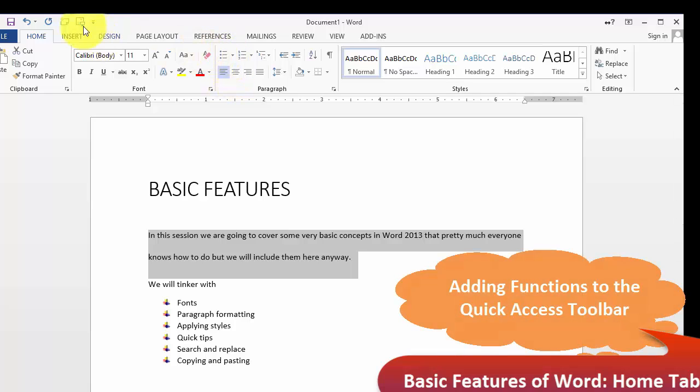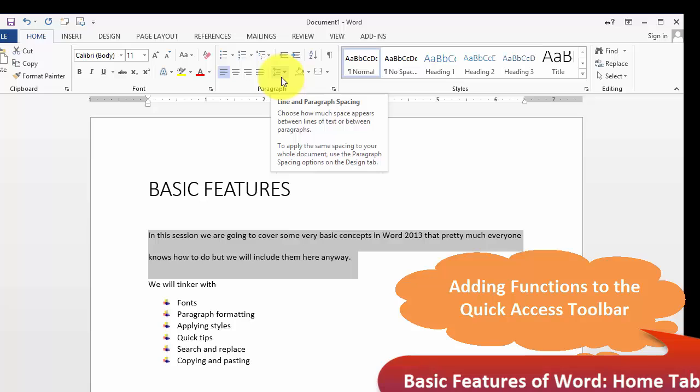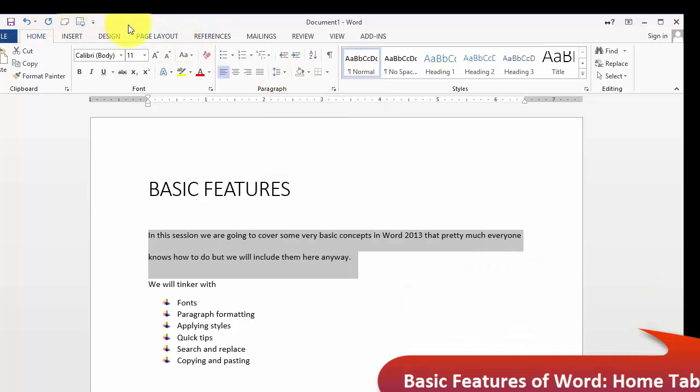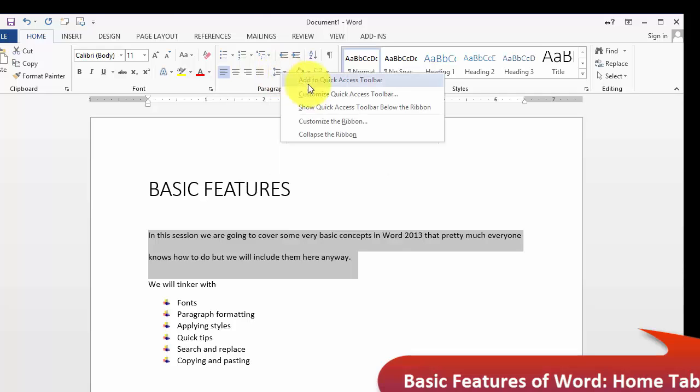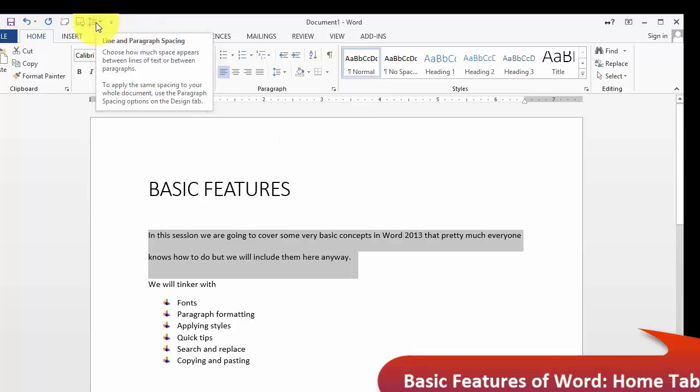The other thing, as we mentioned in a previous section, if you're constantly utilizing a specific feature, then you can even add that feature or that command to the quick access toolbar, which is basically this set of icons here on the top, which includes commonly used tools. Let's say we are using the double spacing all the time. You can simply right click, choose add to quick access toolbar, and now it will be up here for easier